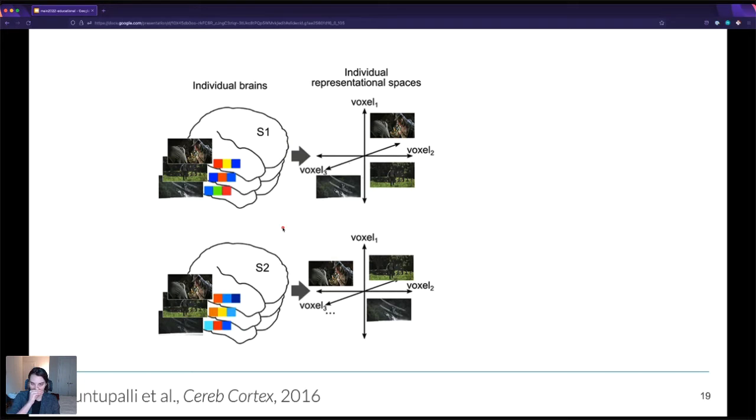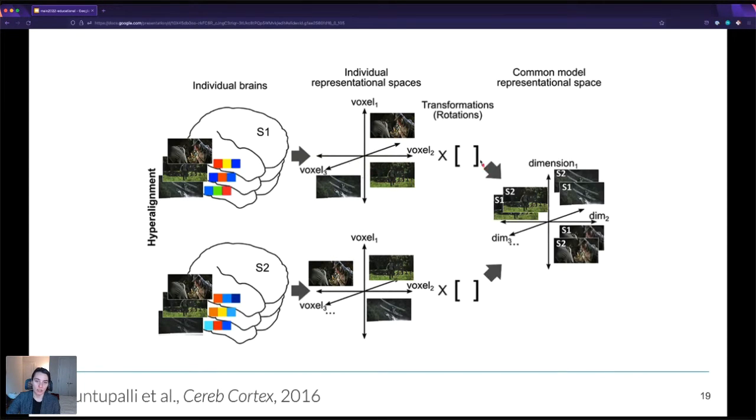But importantly, unlike in RSA, or most of the metrics I discussed, where what we're doing is calculating the distance between these different stimuli, what we're going to do now is actually derive these transformations